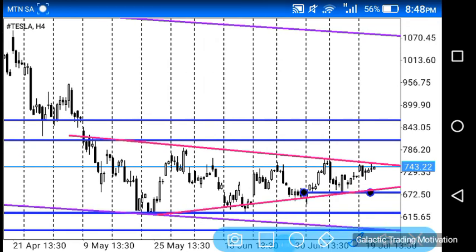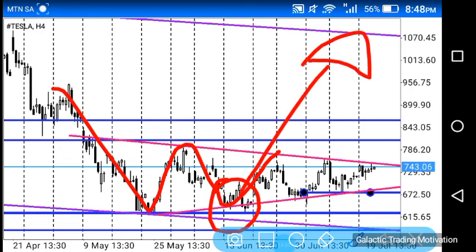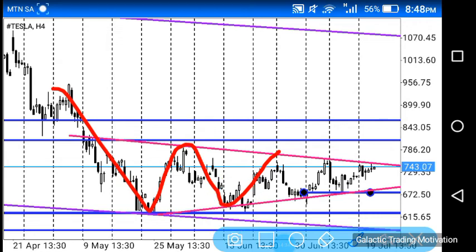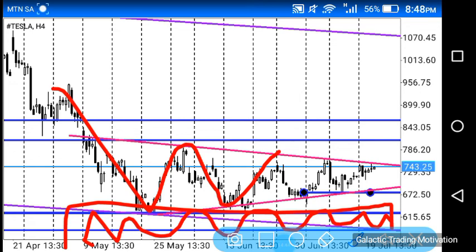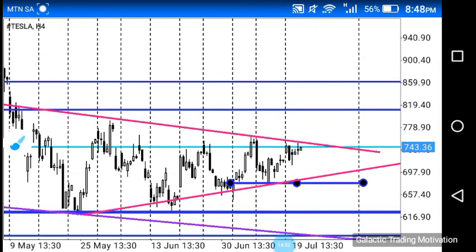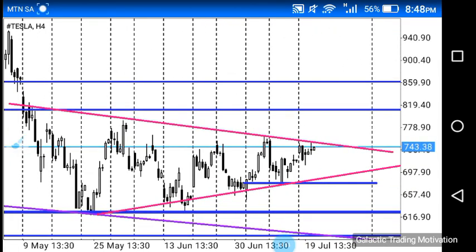So we also had here an overextended W structure, and I mentioned that because of this W structure, we have a whole lot of traders and investors who have bought in this region, and the anticipation is that the market will continue to go up in that manner. Another thing that I also mentioned is that in this region we have a whole lot of stop losses, and we might see price coming back to trigger those stop losses and also fill those liquidity candlesticks that I spoke about, right? However, in as far as looking for buying or selling opportunity goes, at this point in time I do not see any